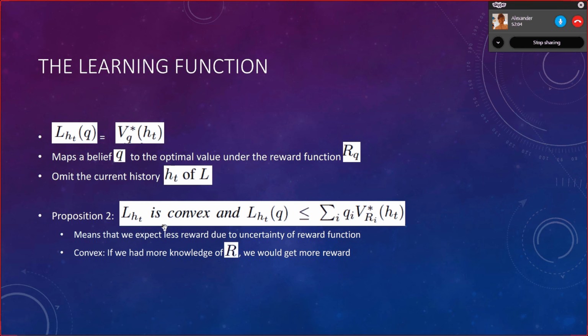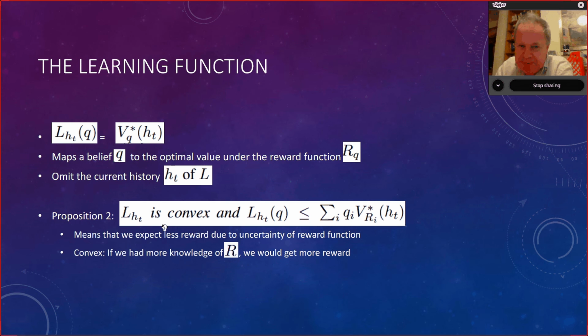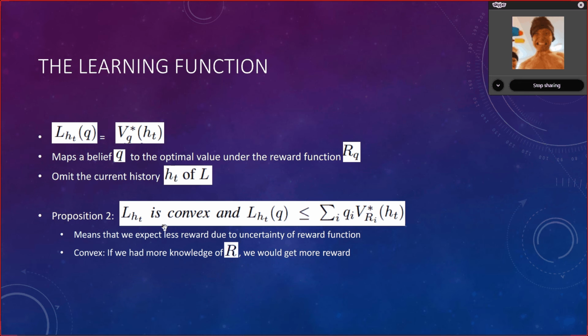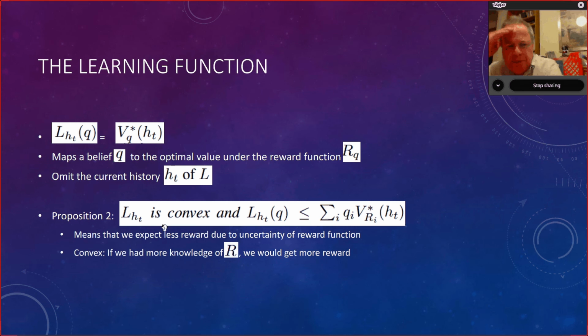But the learning function is not an increasing function. It can go both ways if we change the belief Q in some way. Let's say we no longer believe that there's a 50% chance that spades is the best goal to maximize. We now move towards clubs. If we move from spades to clubs, it might mean we will be able to achieve more victory points, but it also might mean that we will be able to achieve fewer victory points. So both.